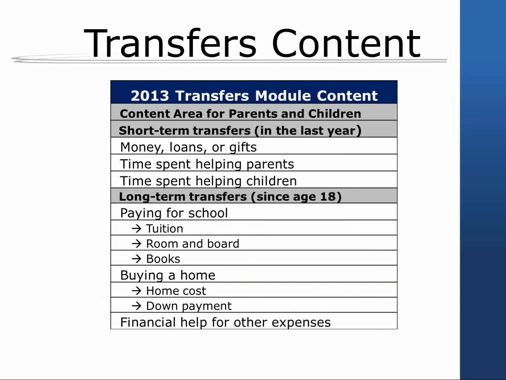The 2013 Transfers module expands upon the 1988 Time and Money Transfers module by asking respondents to report for heads and wives time and money transfers in the last year to and from parents and to and from children. These questions ask about giving related to time as well as money given as gifts or loans or to help with schooling, purchasing a home, or other expenses. Follow-up questions then ask about specific transfers with parent units and children, which are selected from the rosters, providing a link between the rosters and transfers data.